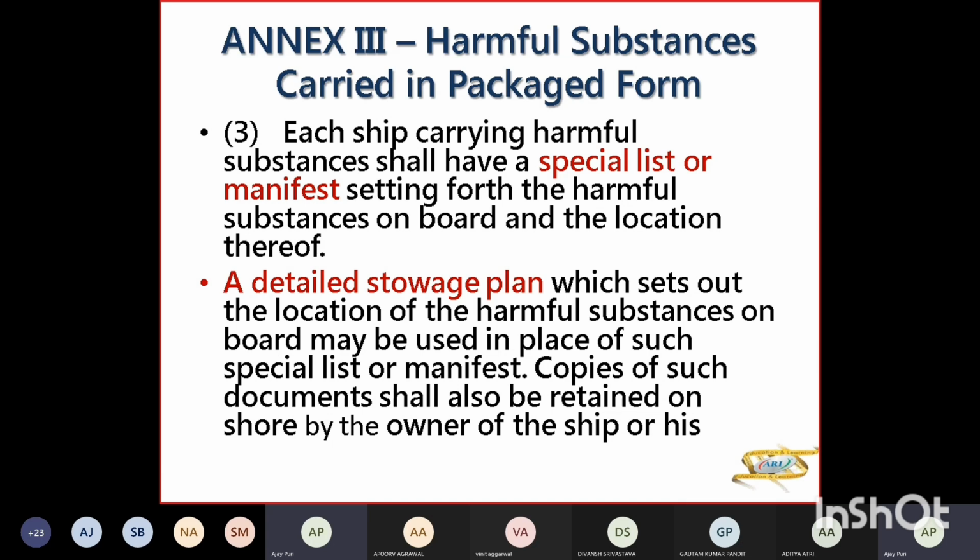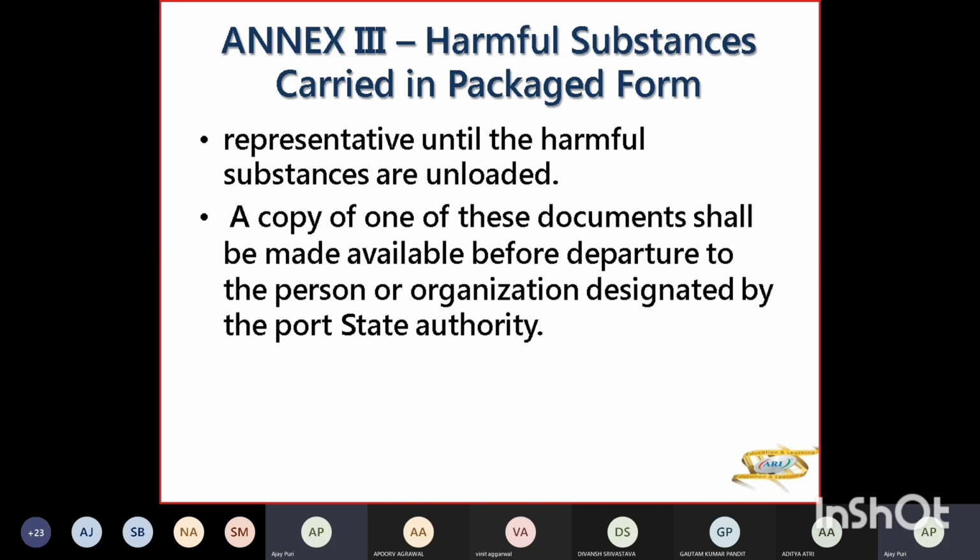प्लस ये कॉपीज ओनर के पास होंगी जब तक ये डिस्चार्ज नहीं होता और हिज रिप्रेजेंटेटिव अनलेस दिस कार्गो हैज बीन डिस्चार्ज। प्लस इसकी कॉपी पोर्ट स्टेट कंट्रोल के पास भी होगी और अगर उसको नहीं दी तो वो आके आपका क्लियर ग्राउंड दे देगा डिटेल इंस्पेक्शन के लिए और जहाज को होल्ड कर देगा। तो कॉपी उसकी देनी पड़ेगी मैनिफेस्ट की या डिटेल स्टोरेज प्लान की पोर्ट स्टेट कंट्रोल को भी।